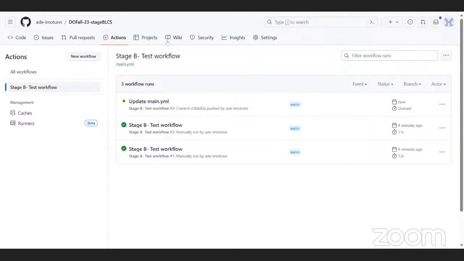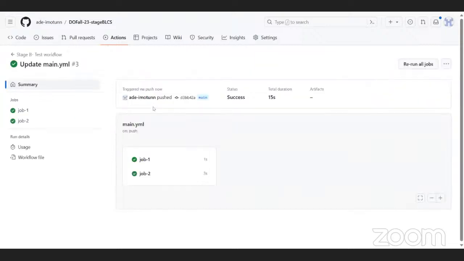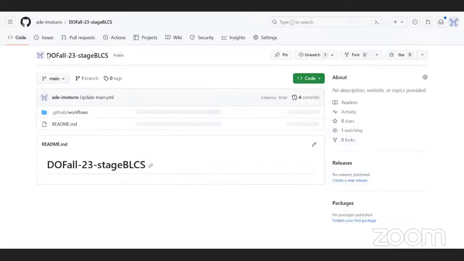Why? Because the fact that I'm updating the YAML file is also an update to the main branch. So the stage ran successfully, and both of these were run. So just to show you something, if I come here now and create a new branch,